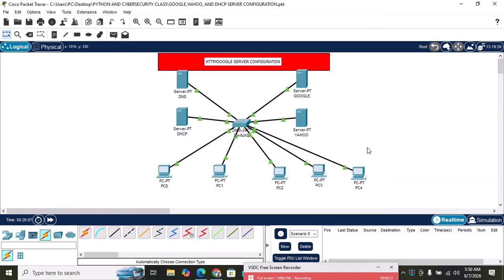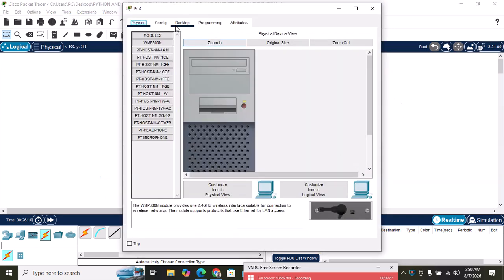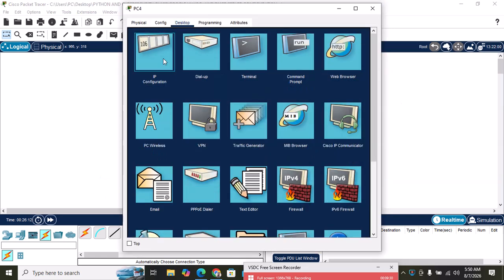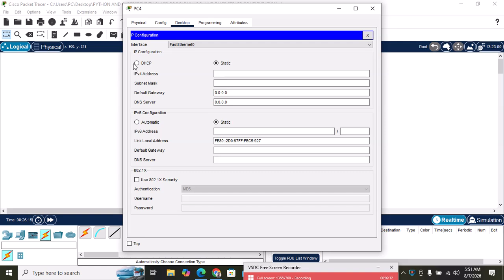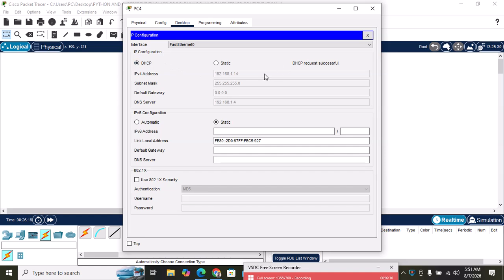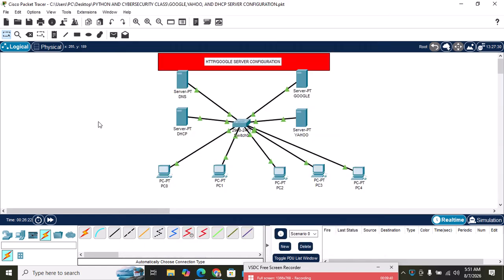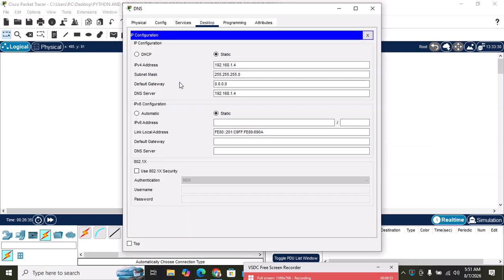Okay, this is what we did now. So the last one is this. You click on the DHCP instead of static, which is manual. So DHCP is automatic. You can see .1.14 is perfect. So that means we have successfully configured the DHCP automatic IP address allocation. And now, let's go back to the DNS server and configure